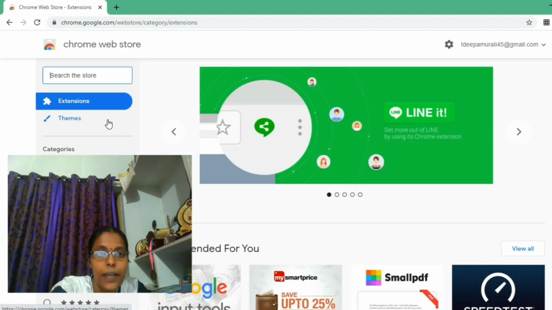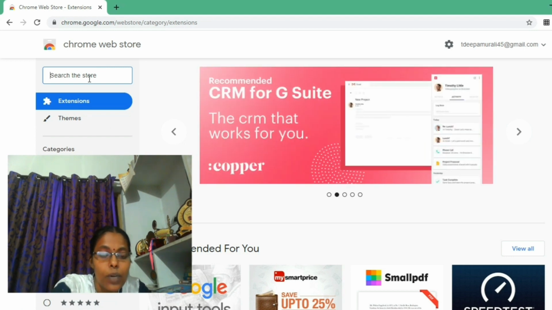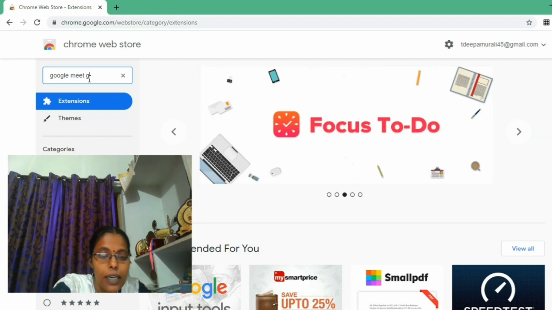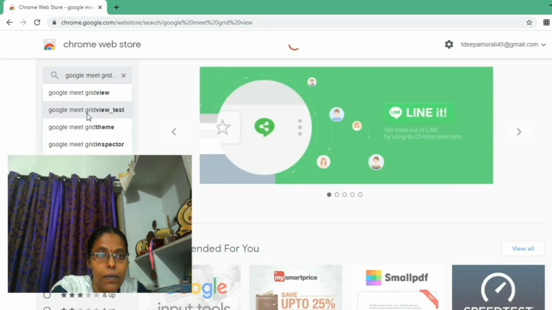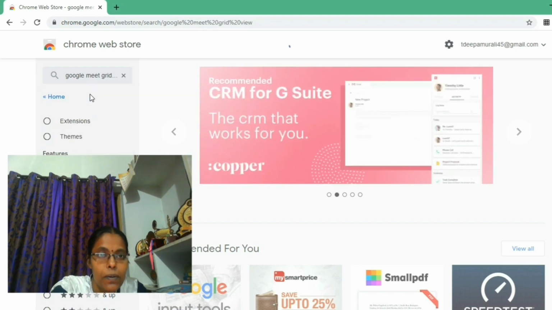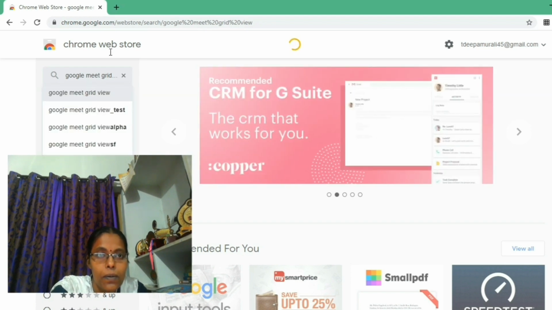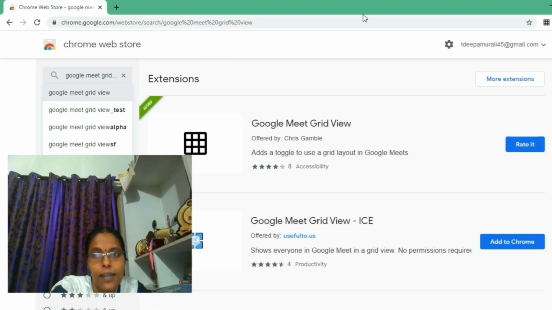Now it's ready, so we can add the extension. Which one? Google Meet Grid View. I can type Google Meet Grid View. That is the extension I need to add. This is the extension we need to add to make everybody visible during our Google Meet session.